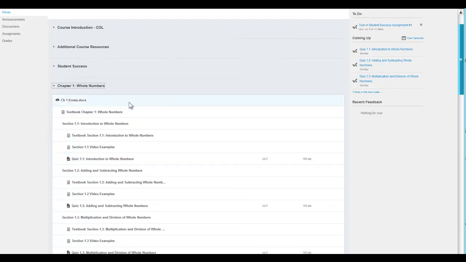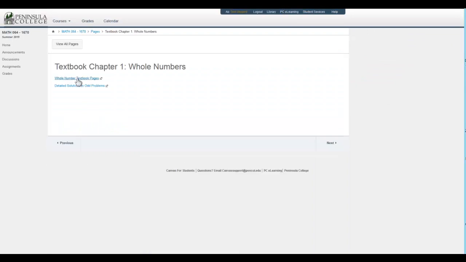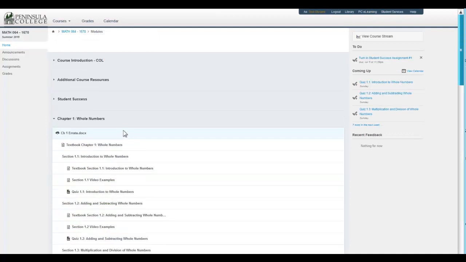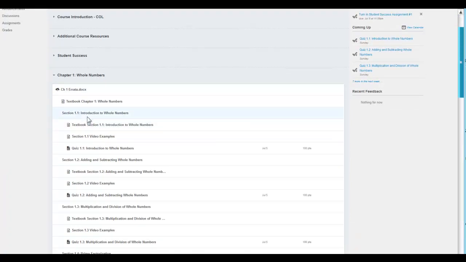So let's take a look at the whole textbook. You could click here and you will get the entire textbook as a PDF file. Probably one of the most important aspects is if you click here, you will get all of the solutions to the odd numbers, and they're very, very detailed. That's how you can best learn this material, is working the problems and looking at the detailed solutions. Usually it's best to go by sections, so if you look at the textbook section 1.1,